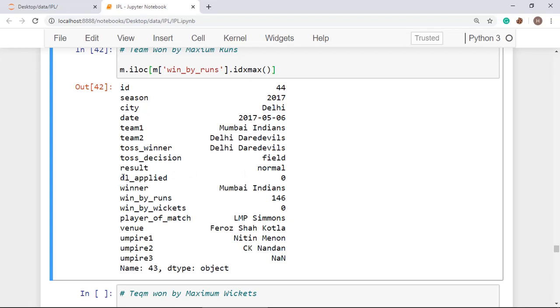The Duckworth-Lewis rule has not been applied, so the value is 0, and here you can see that win by runs is 146, meaning Mumbai Indians won that match by 146 runs, and the player of the match was LMP Simmons, and the venue was Feroz Shah Kotla, umpire 1 Nitin Menon, meaning all the details available in that row you will be getting here.